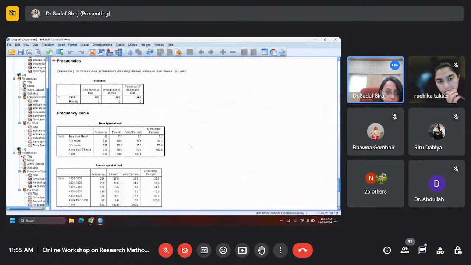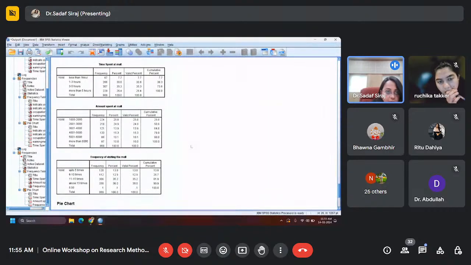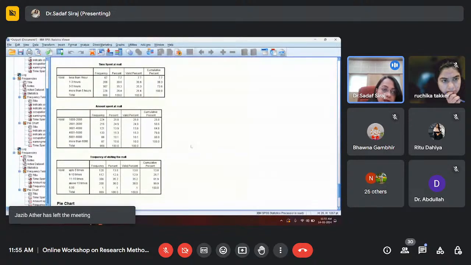So I found, acha, can you people see the frequency table here and the percentages here in terms of time spending behavior? What inferences can you draw if you are shown this particular table? What can you write about this table? The first table, one by one, you people can tell me. The first table talks about the time spent at the mall, right? And it is showing the frequency of people and the percentage of people. What can you write about this table? If I give a question, please analyze this table and provide an inference, what would you write?